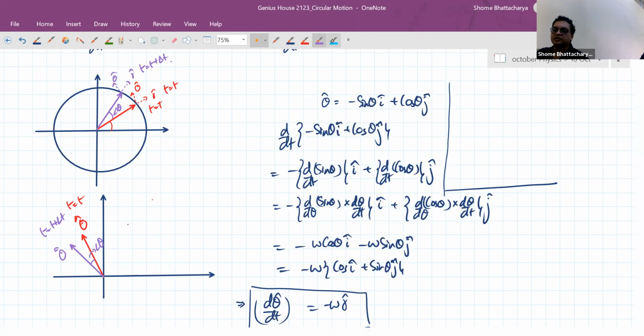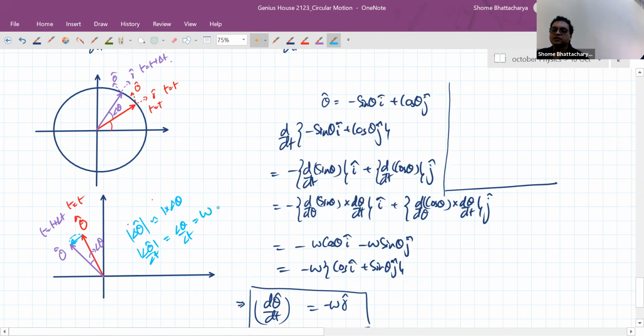So the change in this vector is now this one, which is almost equal to the arc. The magnitude of delta theta cap is almost equal to 1 into delta theta. So the magnitude of the rate of change is delta theta by delta t, which is omega. And the direction, you can see, is basically your r cap's direction, but minus r cap, because your r cap was like this now. So this direction is now minus r cap. That's how d theta cap by dt has magnitude omega, but its direction is minus r cap. This is how we are showing the same thing geometrically.